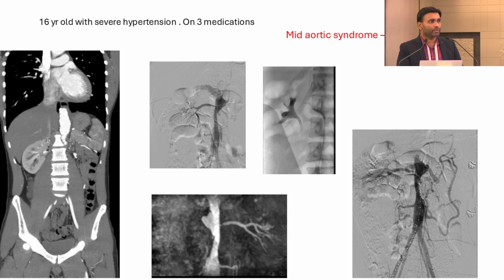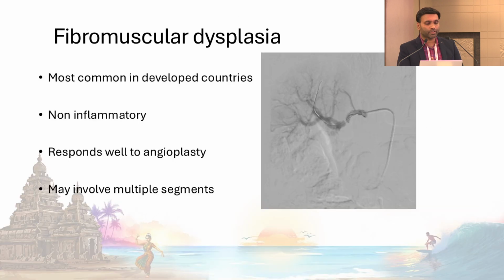And in this case also, the patient again had a recurrence, and this patient again had graft stenosis in the upper and lower end of the graft. There was graft stenosis, and we had to do angioplasty for the graft stenosis. So in these patients, the disease recurs because the activity will go on recurring.